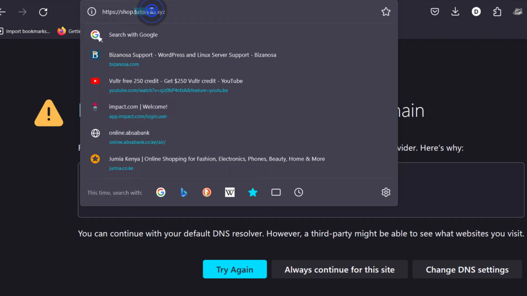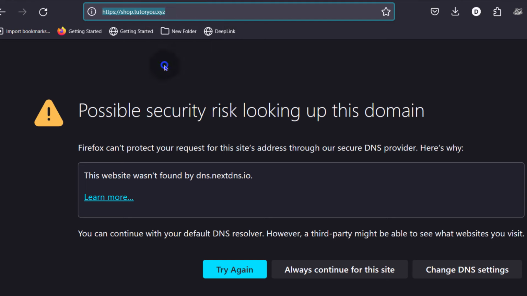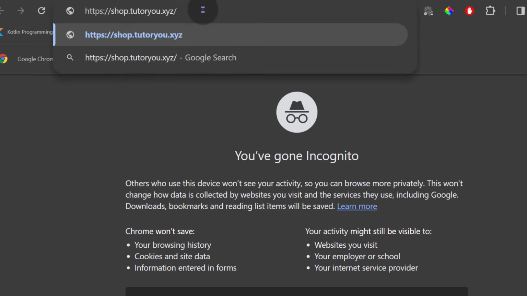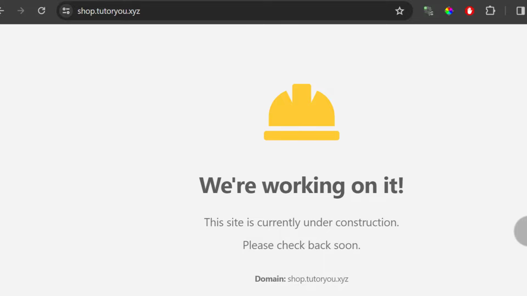So why am I getting this error? Let me just go and open this in Chrome Incognito. Right, so you can see if I open it in Chrome, it's working.